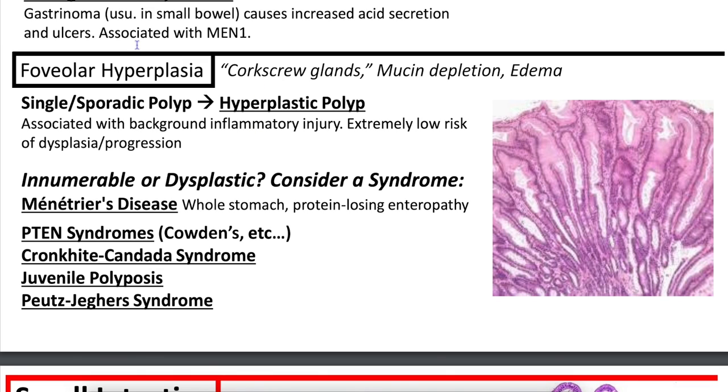Foveolar hyperplasia. You'll get these corkscrew glands, mucin depletion, edema. A single sporadic polyp is a hyperplastic polyp, and it's associated with background inflammatory injury, and it's extremely low risk of dysplasia progression. And if you see innumerable or dysplastic polyps, consider Menetrier's disease, where you'll have this foveolar hyperplasia all throughout the whole stomach and protein-losing enteropathy. PTEN syndromes, like Cowden's, Cronkhite-Canada syndrome, where you can also get your juvenile polyps in the colon and the small bowel,